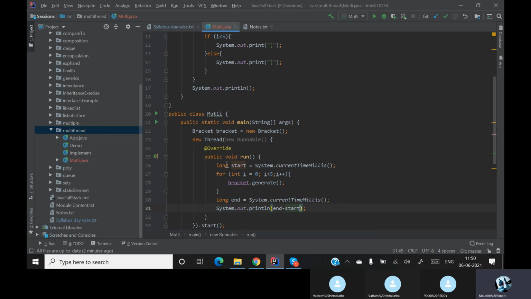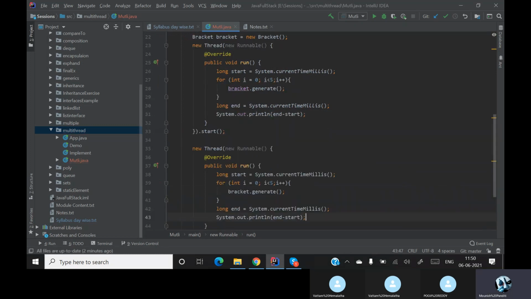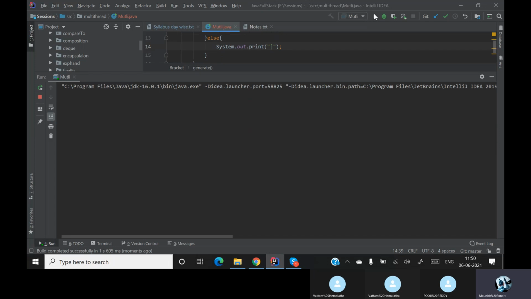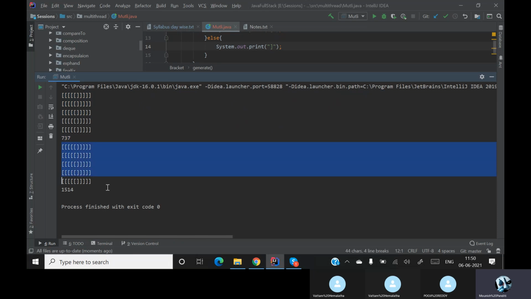So the same thing, whatever I'm doing here, I'll copy this. I'll paste it over here. Okay. So now we can see that there is a small time gap. So now first of all, let's calculate it. See over here, it is very simple, right? Now if you see, when the process is running it is synchronized. First one thread is implementing, after that the second thread is implementing, right? And look at the time taken. The first thread is 3:37, the second thread is 15:14. Okay, don't worry about that.